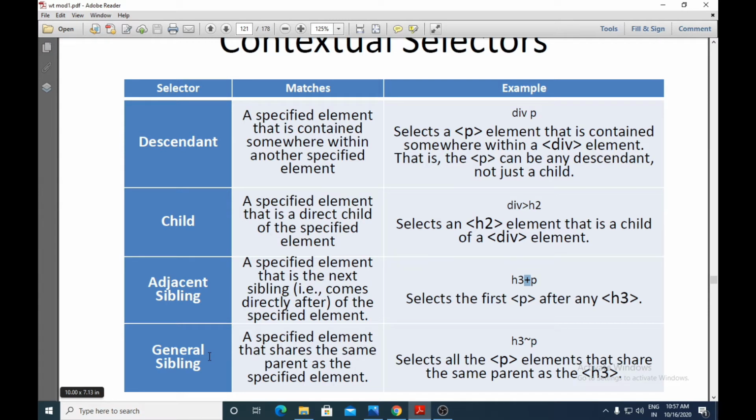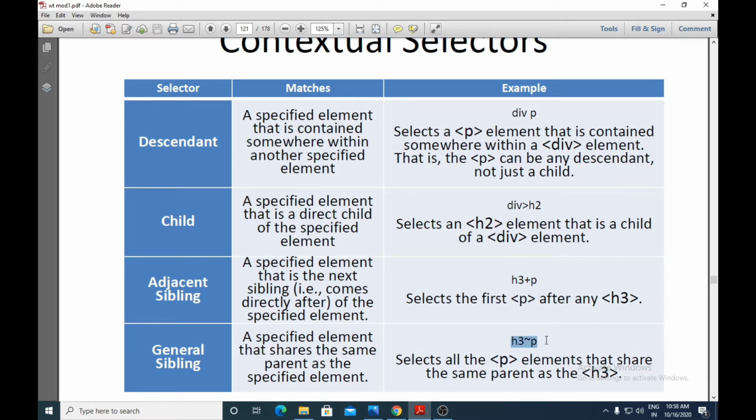Then the fourth one we have is the general sibling. General siblings means not just the first child or the second child, but any child of that parent. A specified element that shares the same parent as the specified element, but it will not necessarily be the immediate sibling. It can be any sibling. The symbol used is the tilde symbol, h3 tilde p.